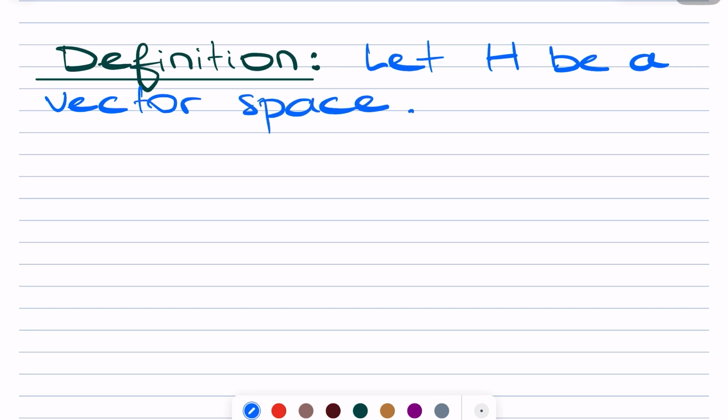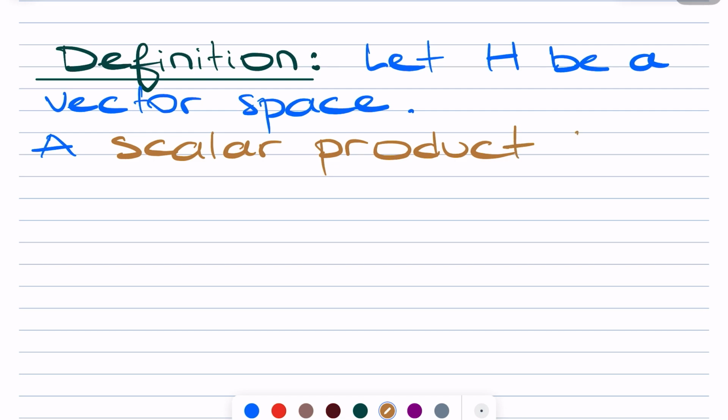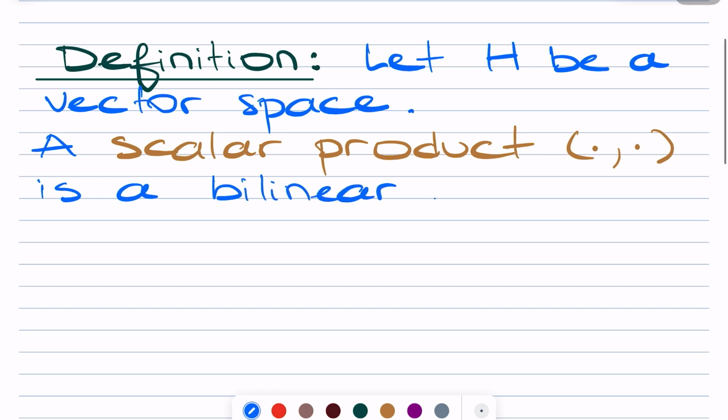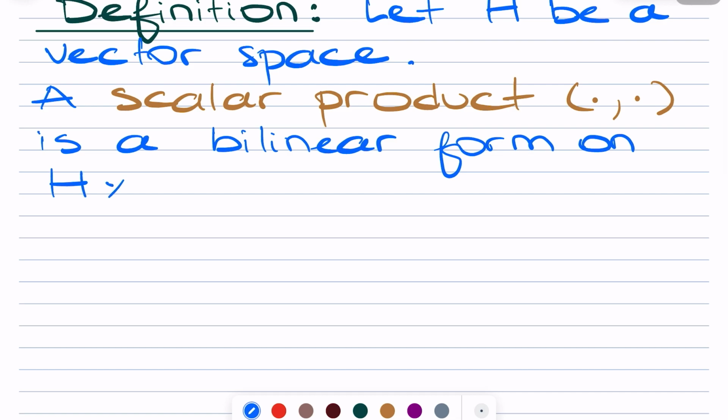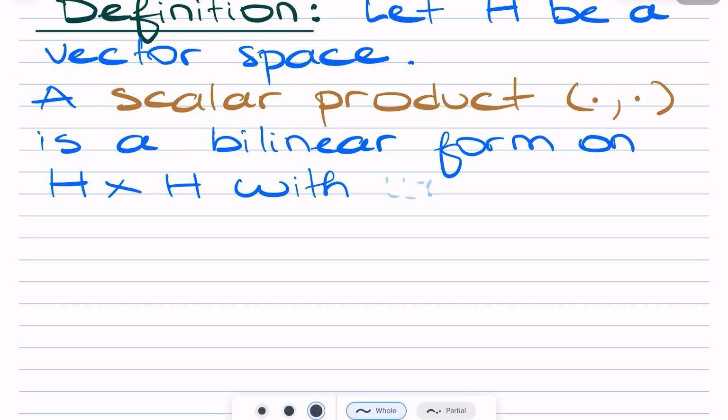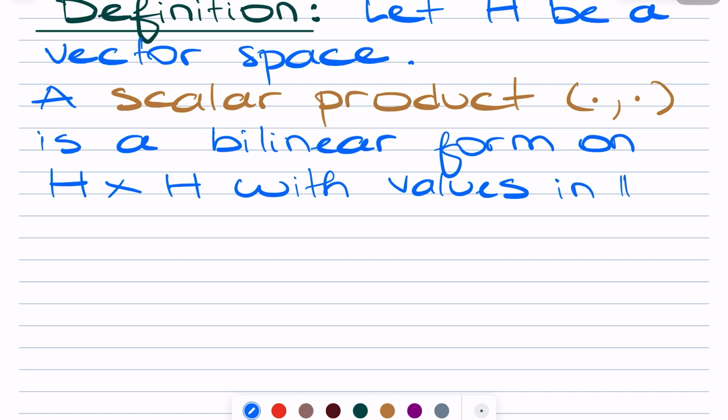A scalar product, denoted by those brackets, is a bilinear form on H cross H, with values in R, such that: